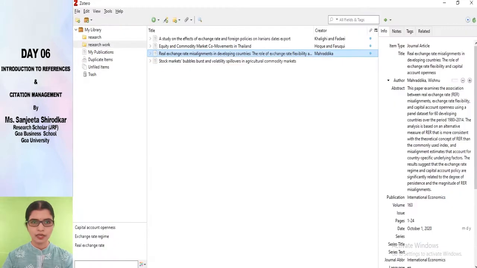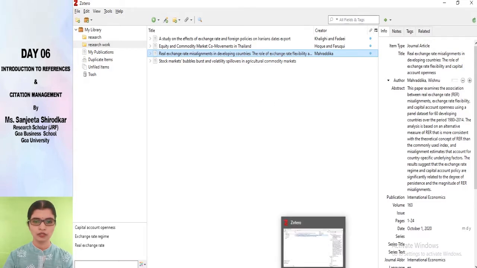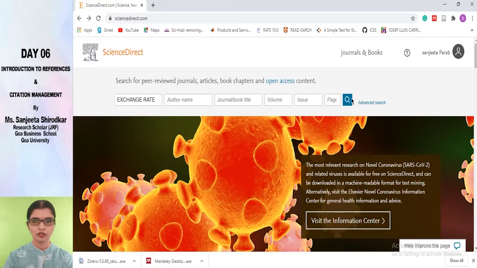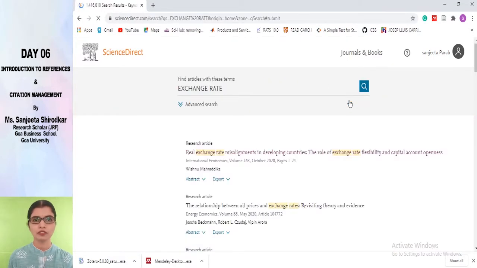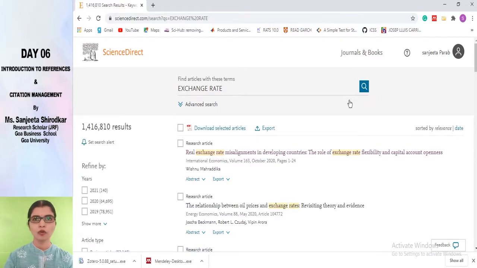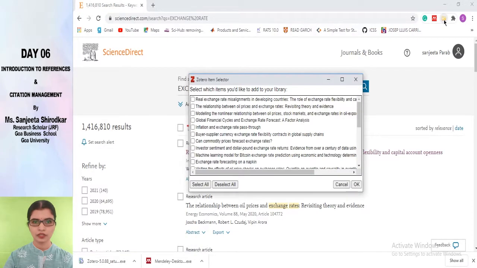So let's come back to Zotero. So you would see that you have added references over here. Okay, I'll just show you one more time, because the bunch of references we pulled in from here were not specifically saved to the folder we are targeting. So just click on the Zotero extension, click on a few because it should not take too much time also. Okay, and then click OK,